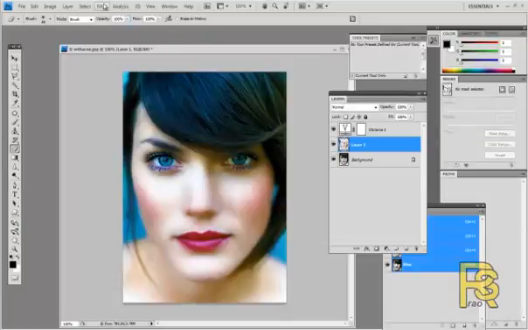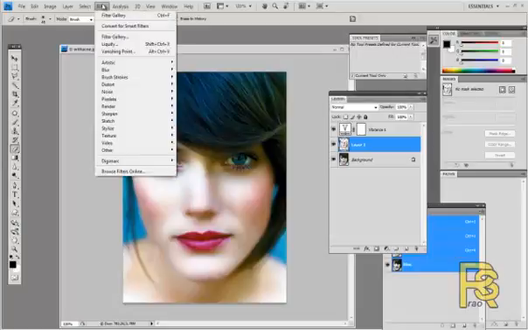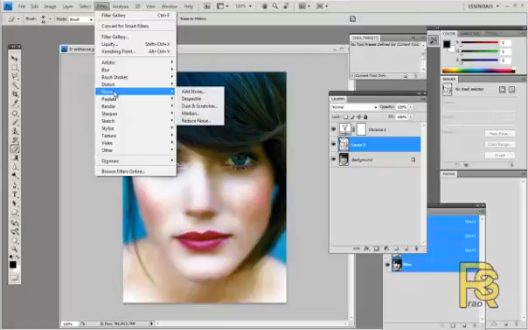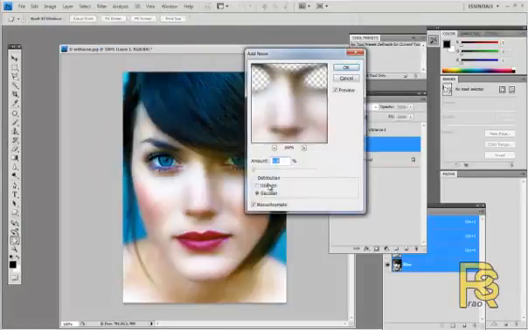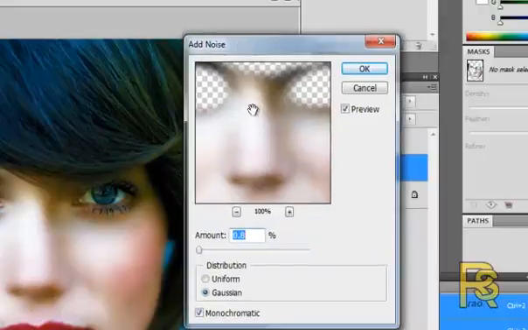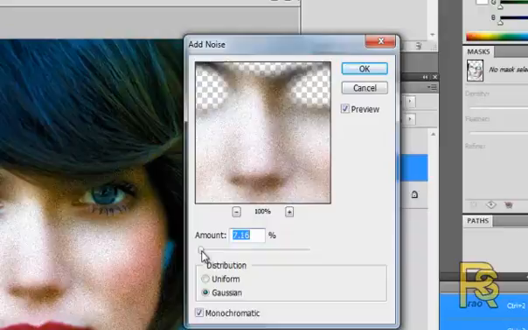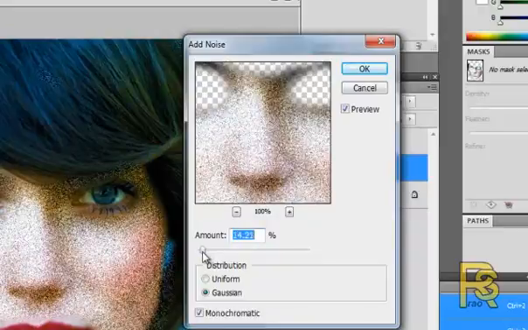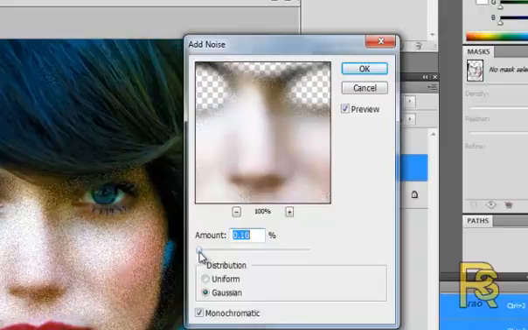See, now her skin is smooth, but it should look more natural. So in order to do that, let's go to the filter menu again, and here there is an option called add noise. See, add noise. If you don't use this tool, it will not look that natural. So go to the filter menu and click on add noise, and here try to increase the amount to a very small amount,